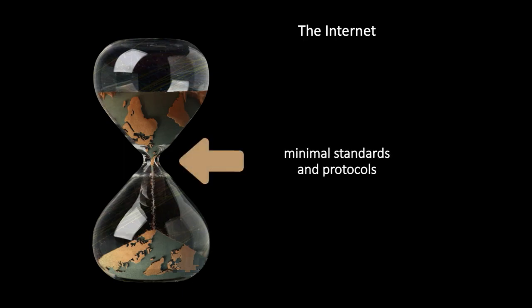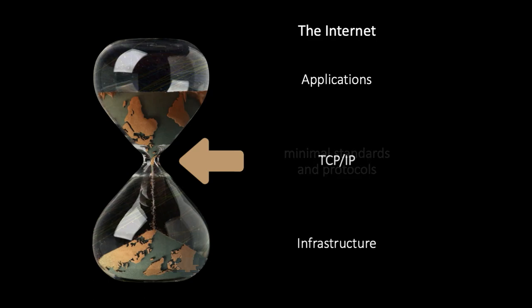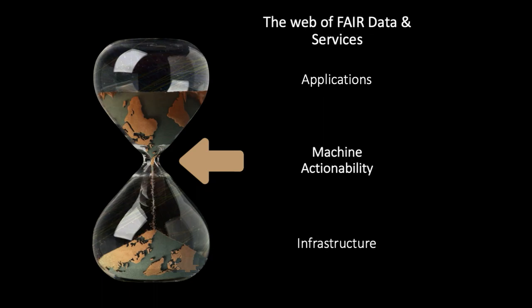The hourglass image on the poster is a reference to the Internet model, which taught us to concentrate on minimal joint standards and protocols, i.e. the center of the hourglass, with maximum freedom to operate both at the infrastructure level and the application level. For the Internet, commonly agreed standards and protocols are usually referred to as TCP/IP. In the context of the web of fair data and services, the minimal core element in the waist of the